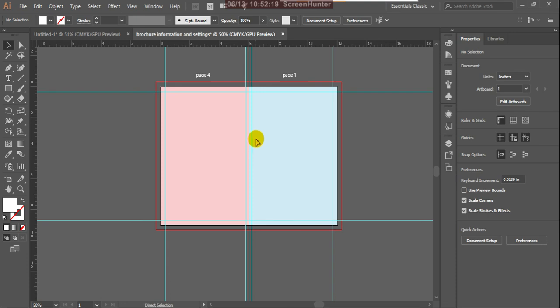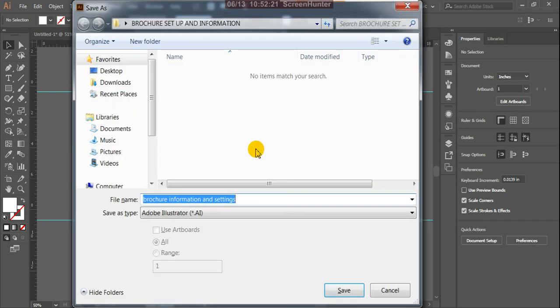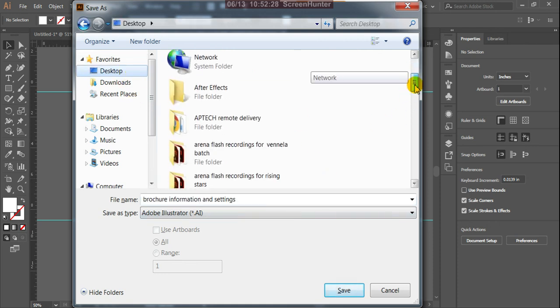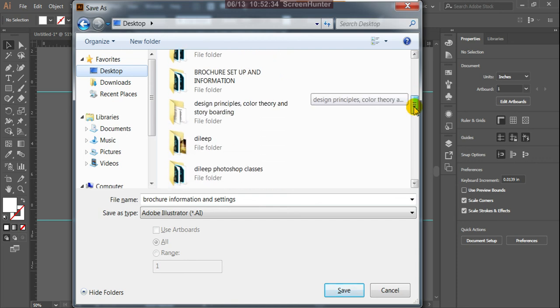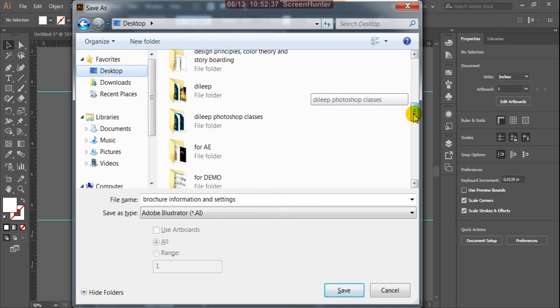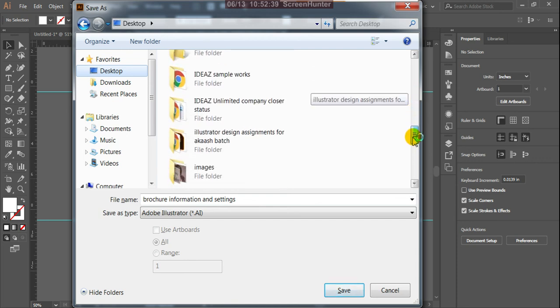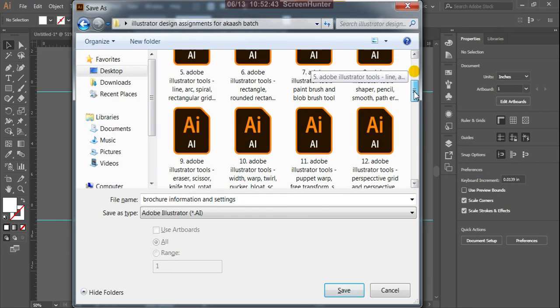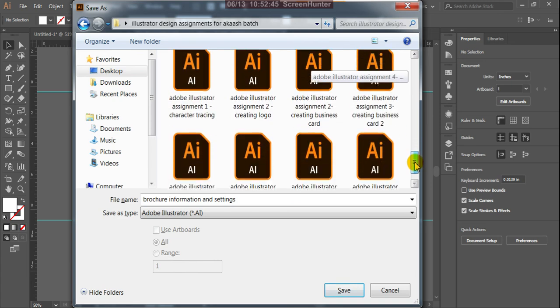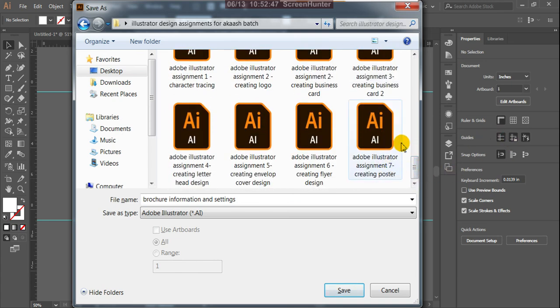So Control S. Here we have our folder. The assignment number is 8.